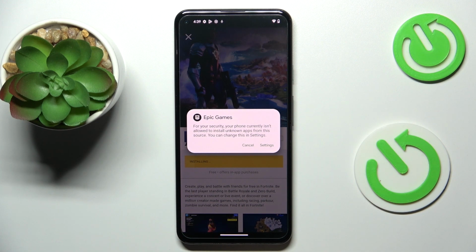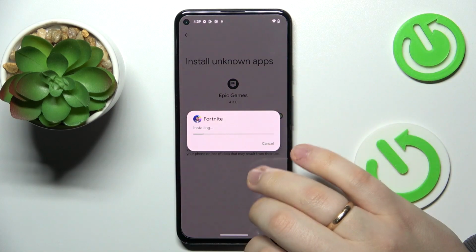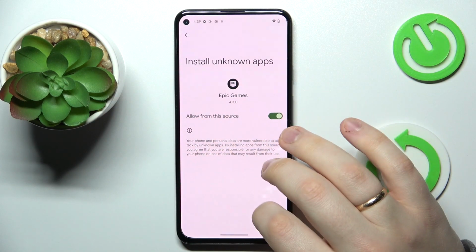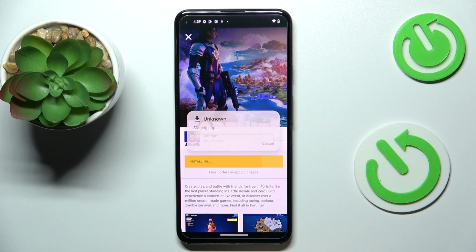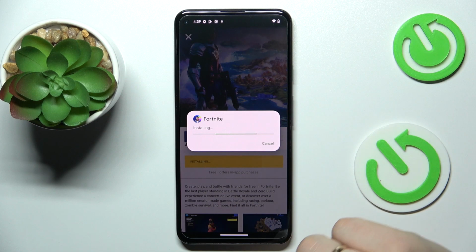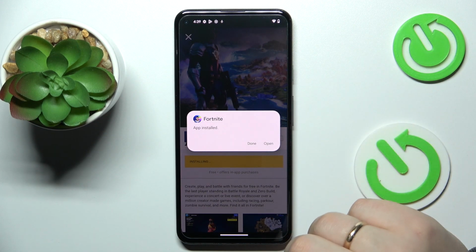As you can see over here, it is required that we grant Epic Games Launcher the same permission that we allowed Google Chrome in my case. So let me do exactly that, then confirm the installation. I've accidentally cancelled it, so let's confirm the installation once again. And then just upon the installation